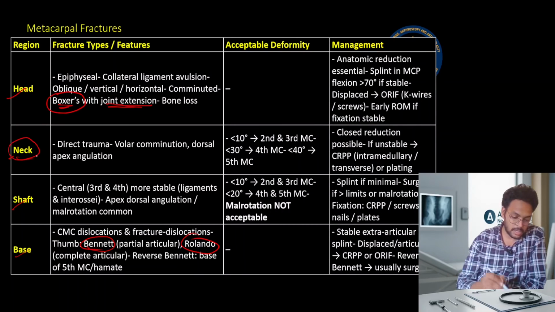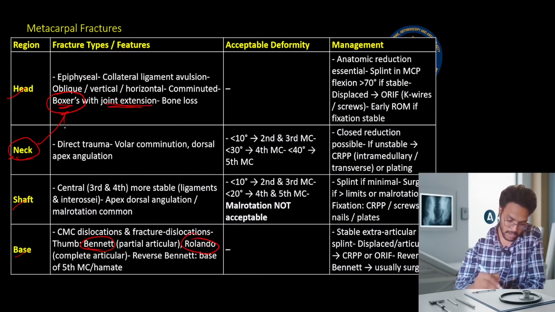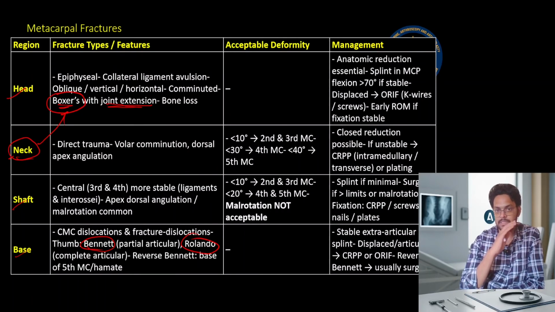Sometimes the neck fractures of the metacarpal are also considered as a Boxer's fracture. Okay, it's a dilemma. Some books give the neck fracture as a Boxer's fracture, some books give the head as a Boxer's fracture. Anyhow, we'll stick to Boxer's fracture as a head of metacarpal fracture which may have an extension into the metacarpophalangeal